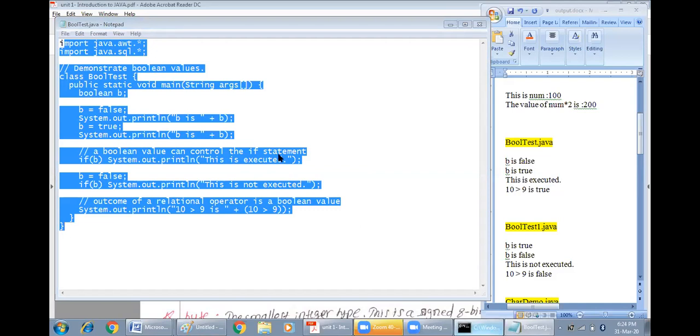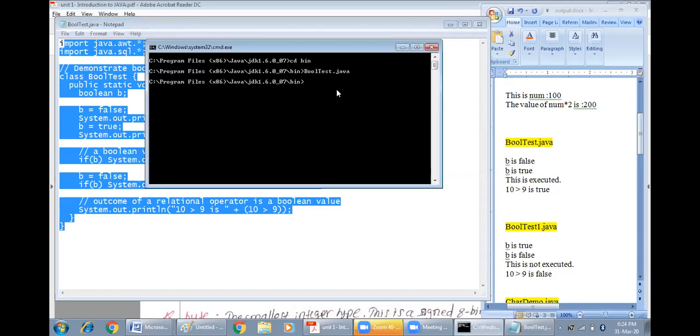I'll try to give the demonstration, whether we get the expected output or not. javac, the name of the program will be test.java. Once the compilation is successful, we'll get the bytecode which will be given to the interpreter: java bool test, then enter.